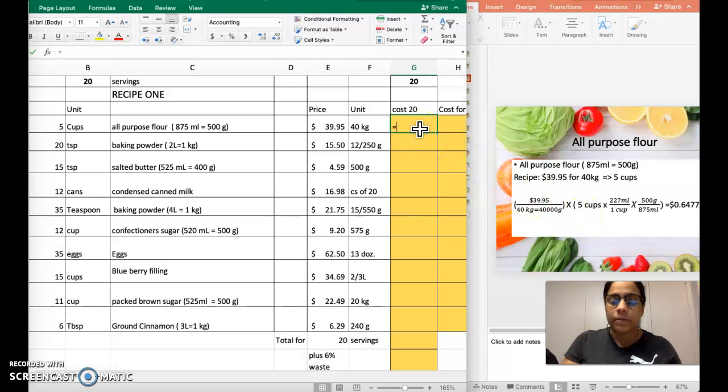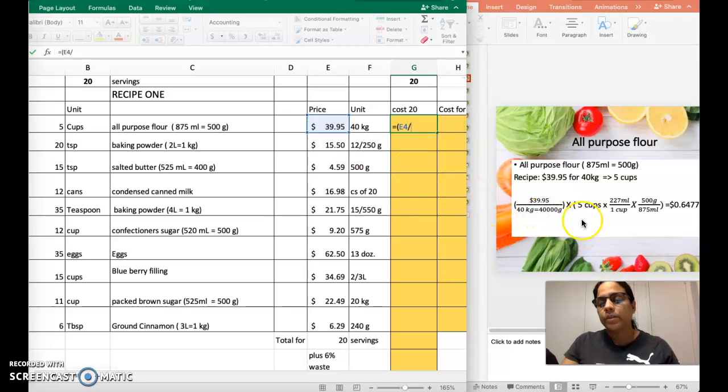So here we're going to do all-purpose flour, and the price is $39.95 divided by... when I did it by hand, I found out that using grams is better than using kilograms. So here it's 40 kilograms multiplied by 1,000, which is 40,000 grams. Close brackets, times open bracket. The recipe calls for 5 cups, which is times